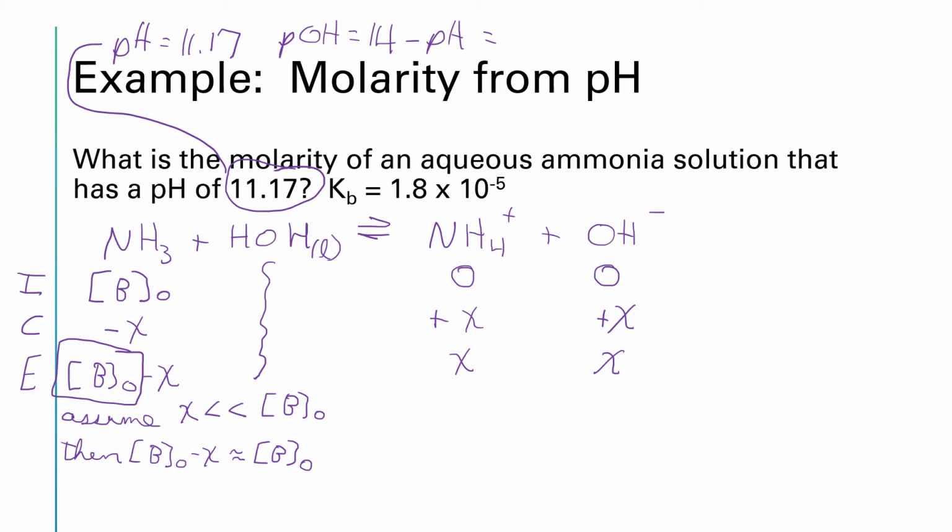So 14 minus 11.17 gives us 2.83. Well, if pOH is 2.83, then the hydroxide ion concentration will be 10 to the minus 2.83,